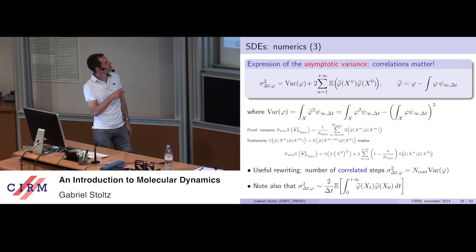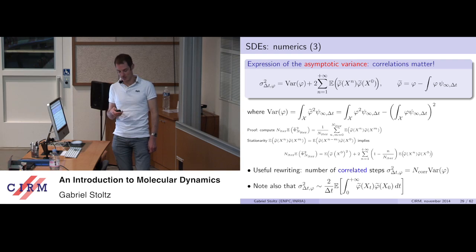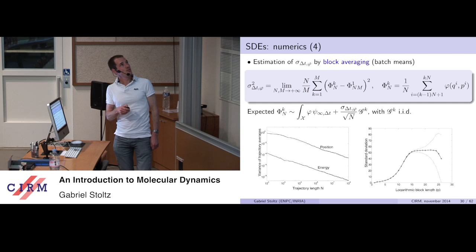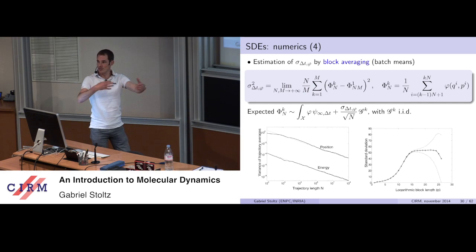And this also shows you that it's really this part of the variance which is important. The proof of this equality is the same as before. You take the square of the average, multiply by the number of iteration steps, use some stationarity, and then you obtain the formula very fast. To estimate that in practice, I won't go into the details, but there is something called block averaging, where you take a very long trajectory, cut it into sufficiently large blocks, assume you have a central limit theorem in each block, and from that you construct an estimator of the variance for the full trajectory.